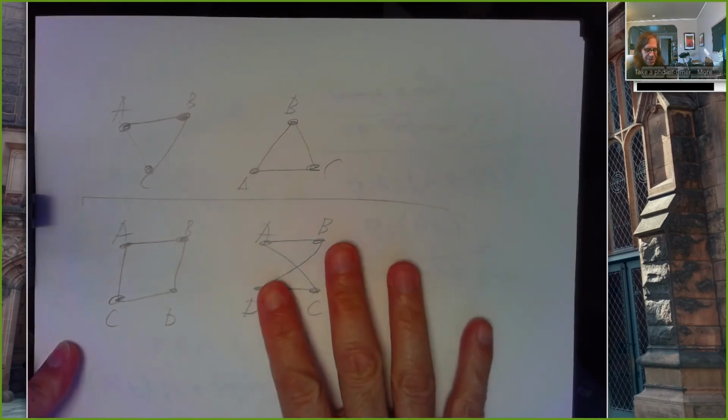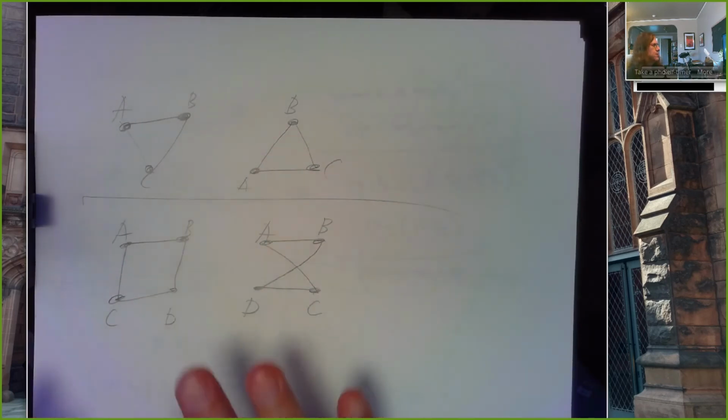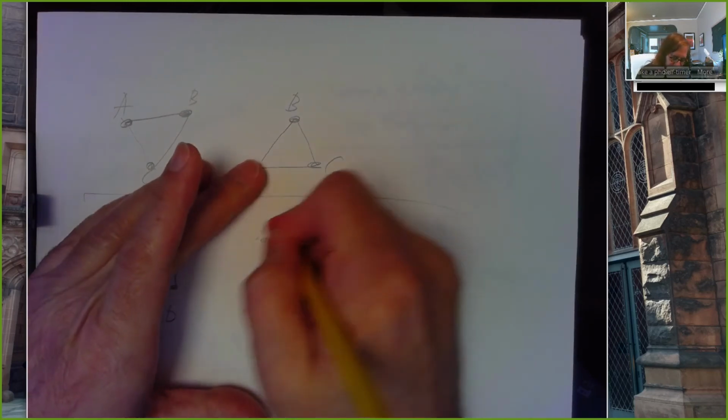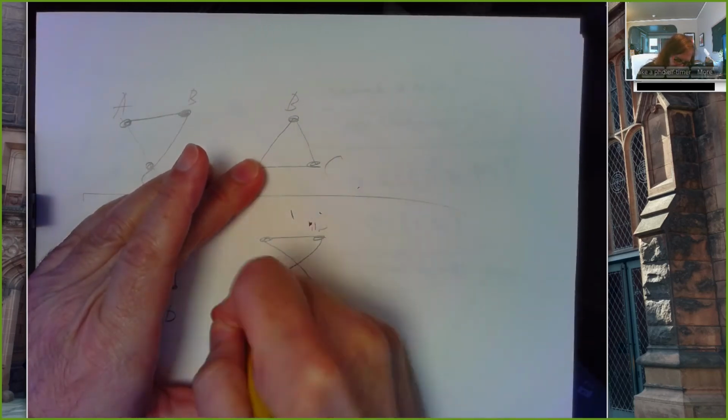So this notion that a graph can be drawn different ways on paper, but still be the same graph, raises the following question. How do we know when two graphs are actually the same? If we had an adjacency matrix for this graph and this graph, the matrix would be exactly the same. So it would be easy to say, yeah, these are the same graph. But suppose